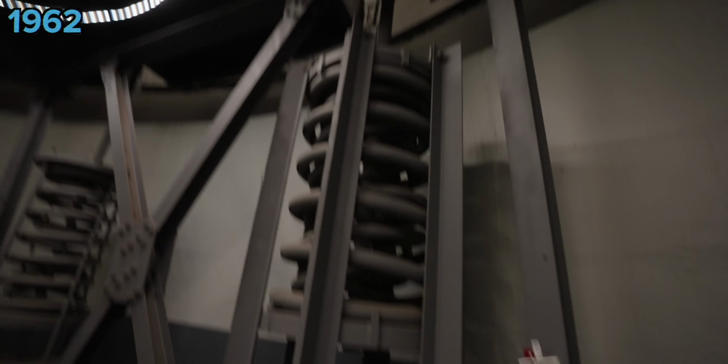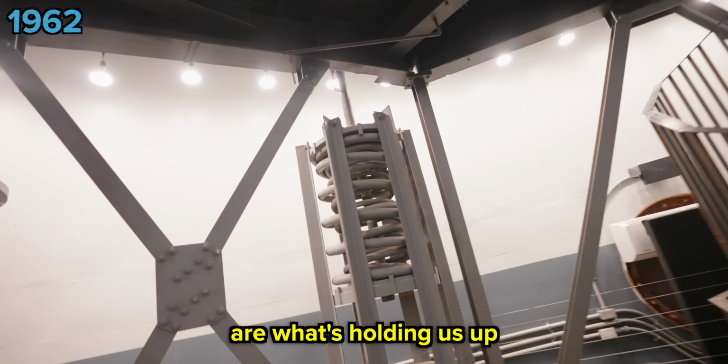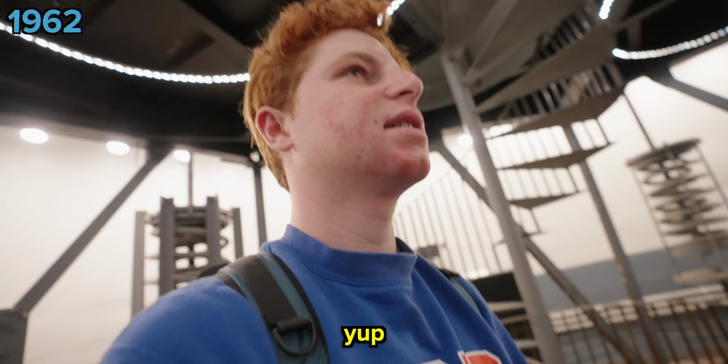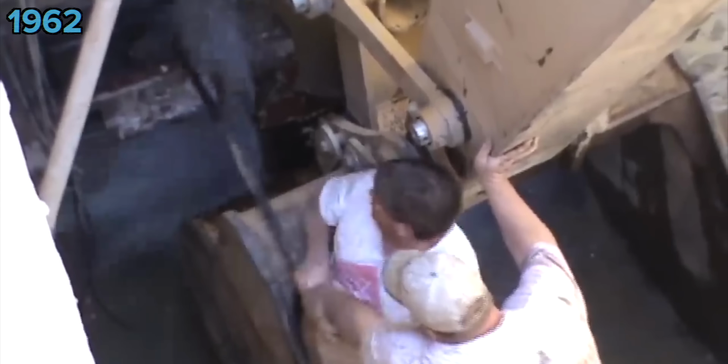So we got these springs here. God, and these bend? So these springs are what's holding us up right now. I'm guessing the springs would be to reduce the impact. Yep. His name is GT, and he remodeled this bunker, since when he uncovered the bunker 10 years ago, it